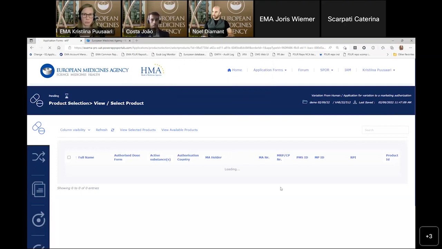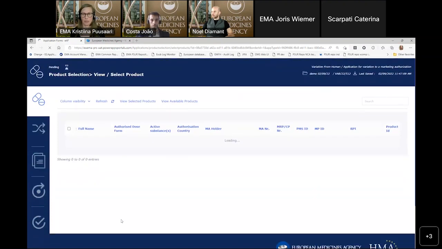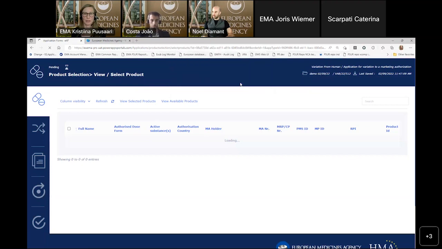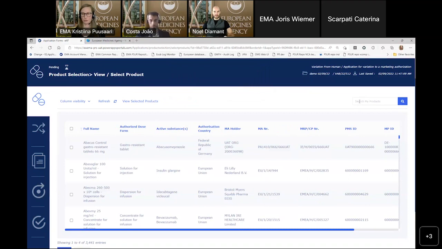Here, the list of products will become available, so you can see it's loading. We won't disturb it while it's loading. And of course, this performance is still due to the system not being final. We are working on improving the performance as well, so please don't worry, it will not be this slow when we go live. Because one of the main benefits of moving into a web-based user interface is that it's faster opening than our current interactive PDFs, where we know that there is indeed plenty of room for improvement.